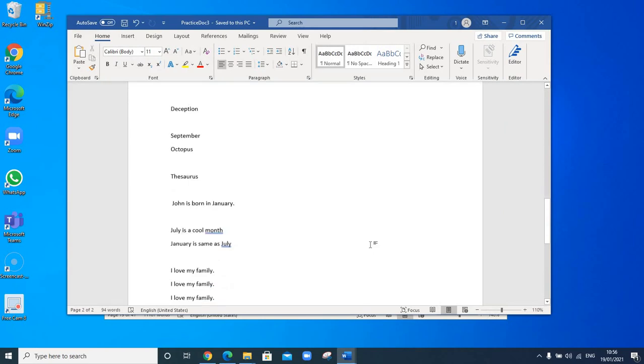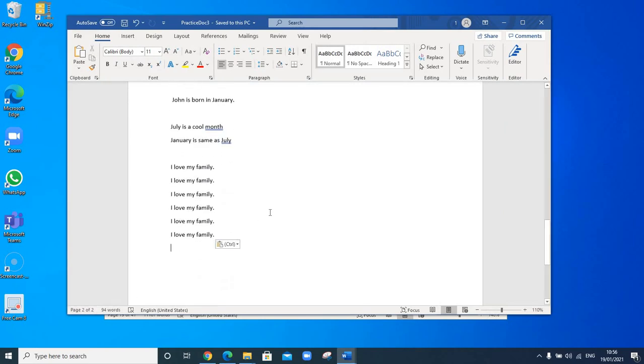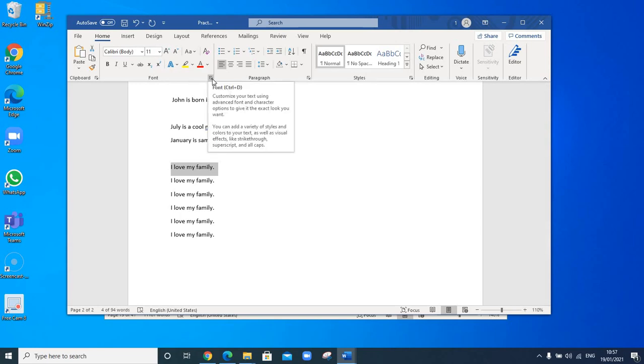and here we have gone directly to page 2, where we have a list of sentences. So the same sentence written multiple times. So we're going to use them and we will try to apply the different types of casing. To do that, first let's use the first one, and I will go to home menu, font, click this,